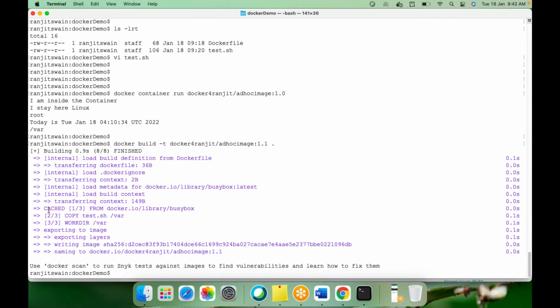See, it is already cached. The base is from the base image, and it took only 0 seconds. It got it quickly, and it created a different name, adhoc image 1.1. So if I see here, docker image ls,